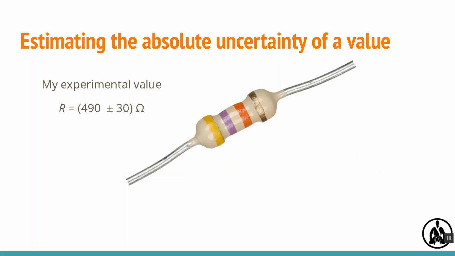When we work out the value of something from an experiment, we know our value won't be the exact true value of the thing. And to give people an idea of how far off we might be, we estimate the uncertainty of our value. And this tells people the range we are reasonably confident the true value lies in. When we write it like this with units, remember, it's called the absolute uncertainty of the value